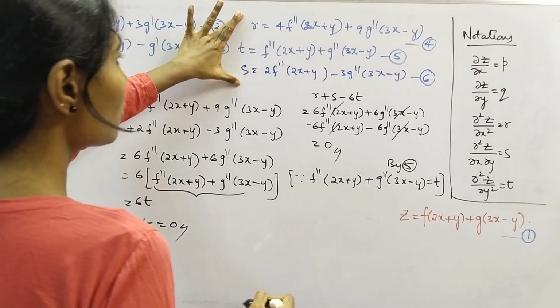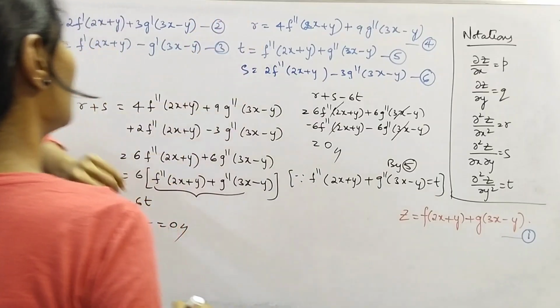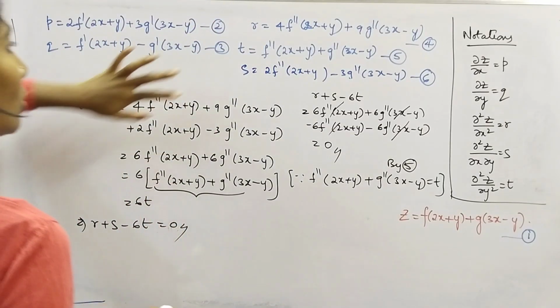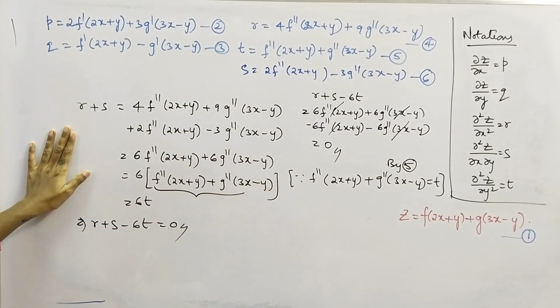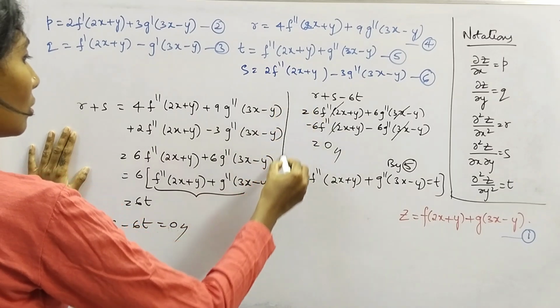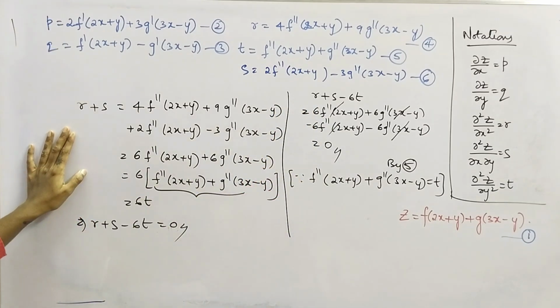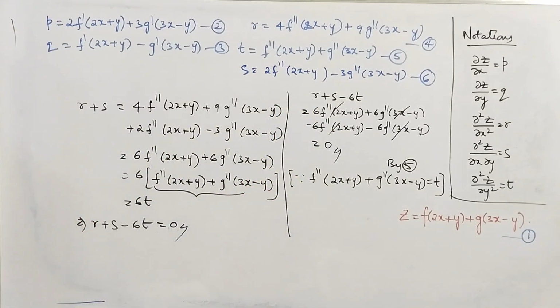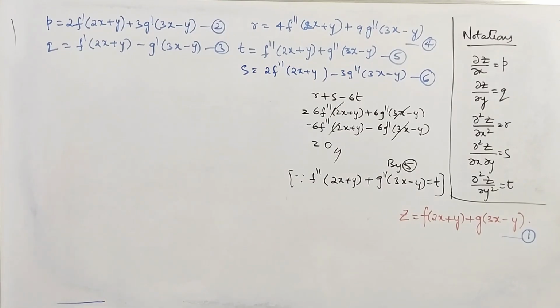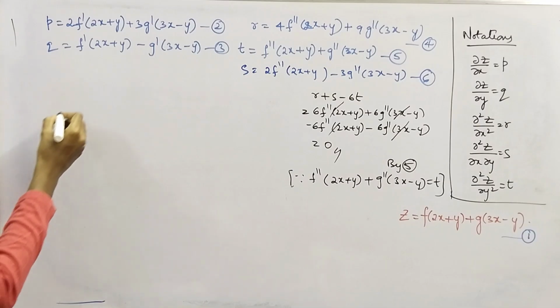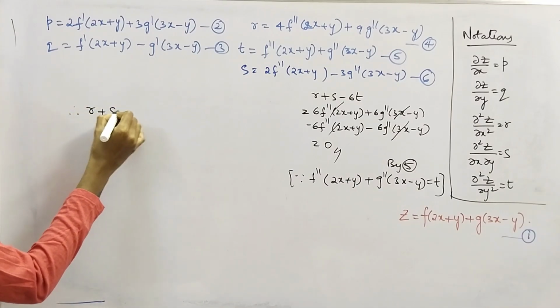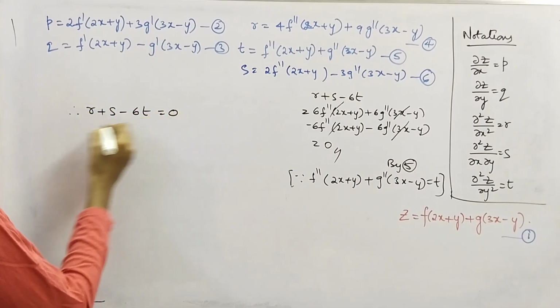Just by looking at these three equations, we can say that, okay? Or you can just do like this. Therefore, r plus s minus 6t equal to 0